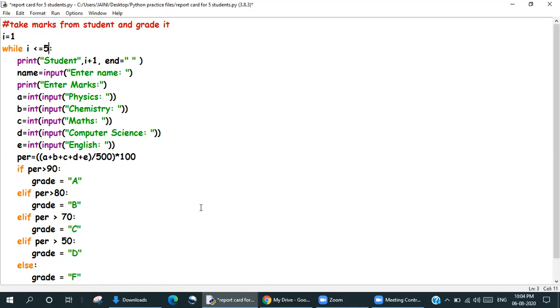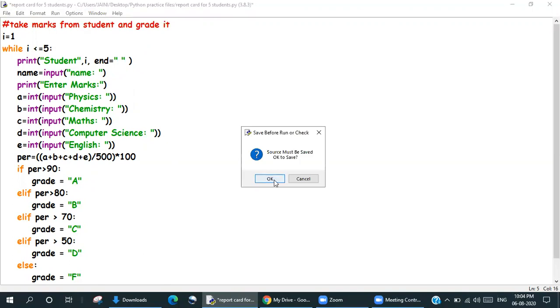Less than or equal to 5, you're going to run the same thing. Over here, I will not say i plus 1 because I'm initializing the value of i to 1. So I can say student 1, and end equals this meant that enter name comes here. So I can just change this to name itself. Let's save this and run.